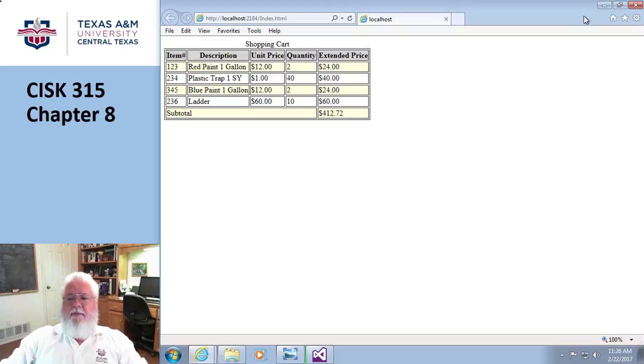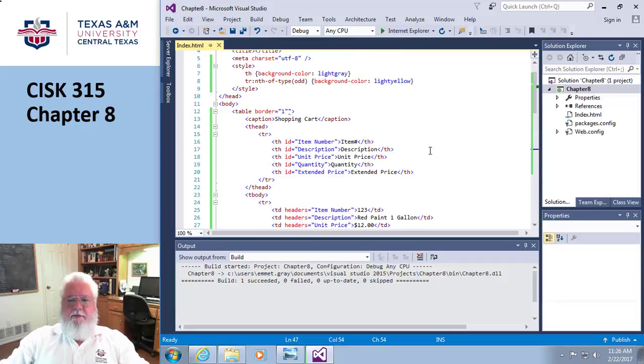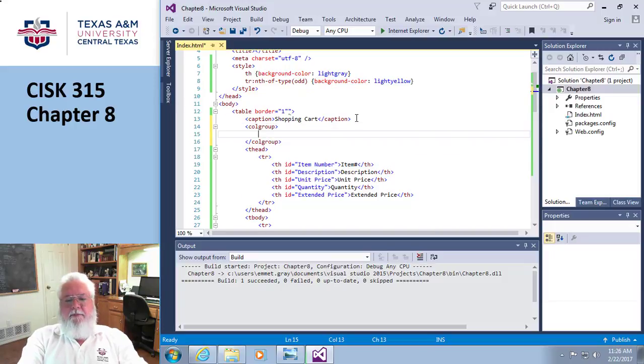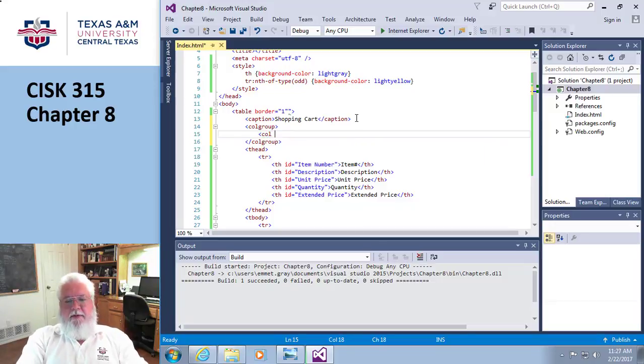Okay, so I'm going to tell you an interesting thing that they created. It's called column groups. Okay, so up here I'm going to do a thing called column group, and underneath here I'm going to put a column. Cool. And so you just kind of pick what you want, right? So this is the first column, and so the first column I'm going to say